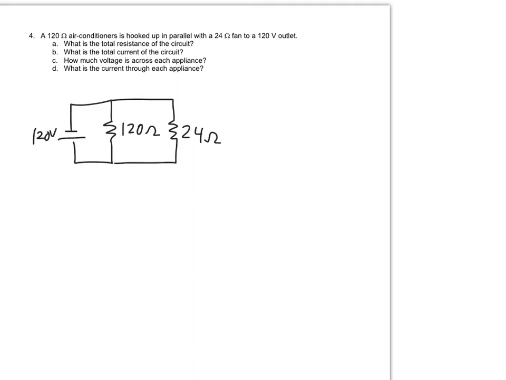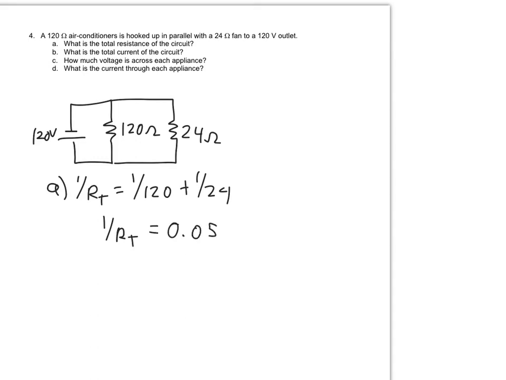So the first thing we want to do is find the total resistance of the circuit. For that, we're going to do our 1 over RT equation. That's how we determine the total resistance for objects connected in parallel. So 1 over RT is going to be equal to 1 over 120 plus 1 over 24. And so we end up with 1 over RT is equal to